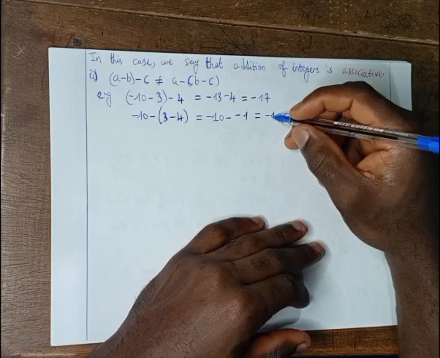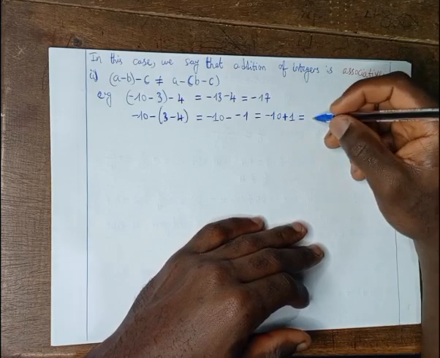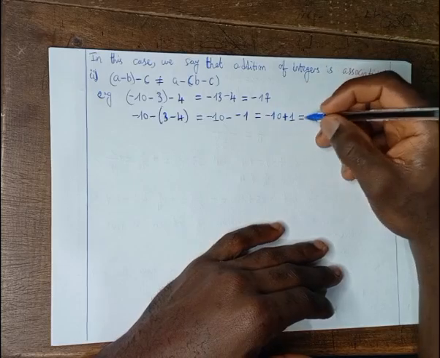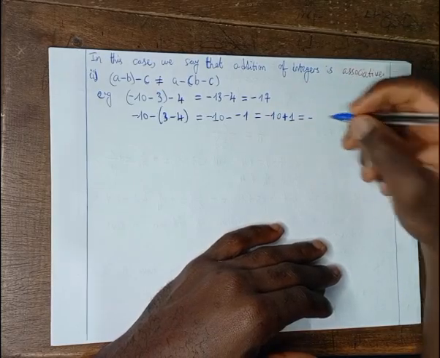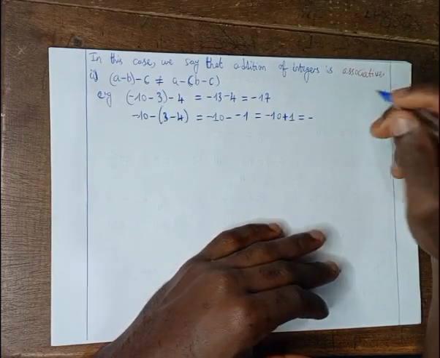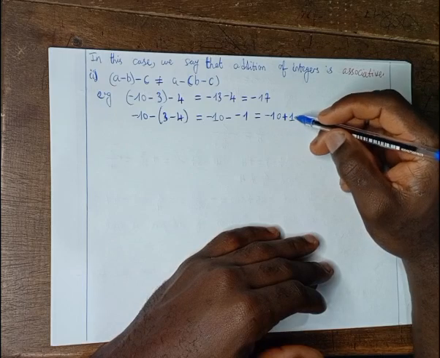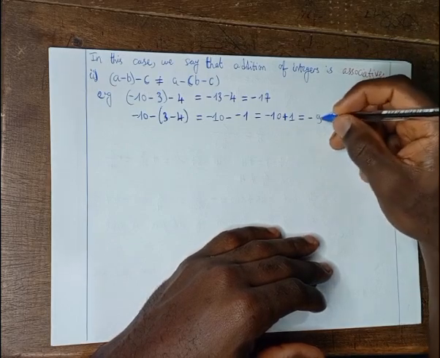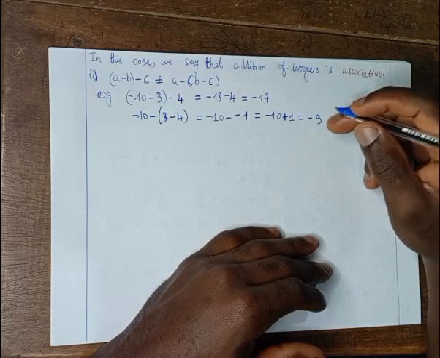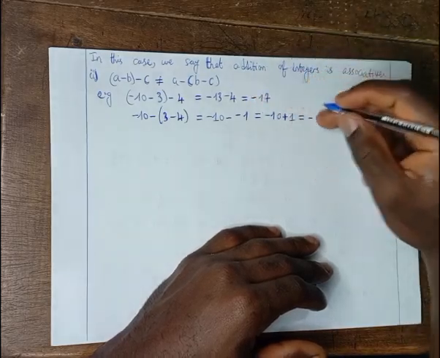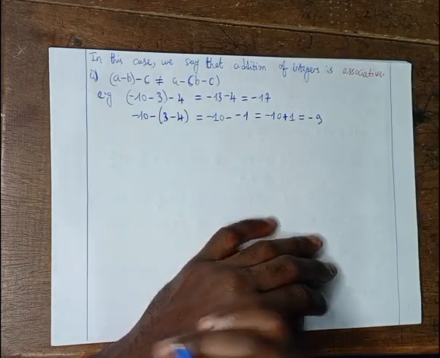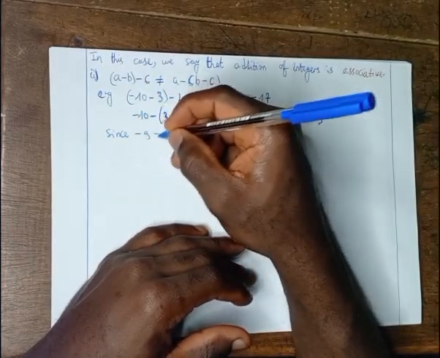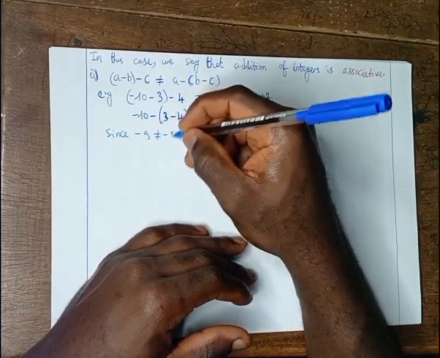Here, for us to get the result, we know the result will have the sign of the larger number in terms of magnitude. So -10 is a larger number in terms of magnitude, so the result will take the negative sign. Then we are going to subtract the smaller number from the bigger number. 10 minus 1 gives us 9, so our result will be -9 here. You can see -9 is different from -17, so since -9 is not equal to -17,